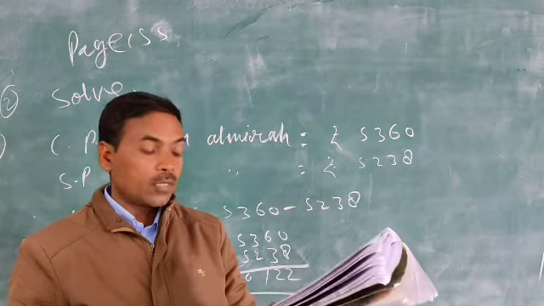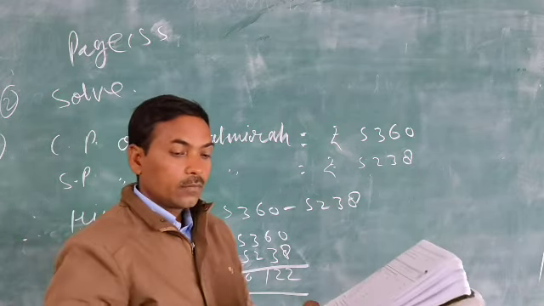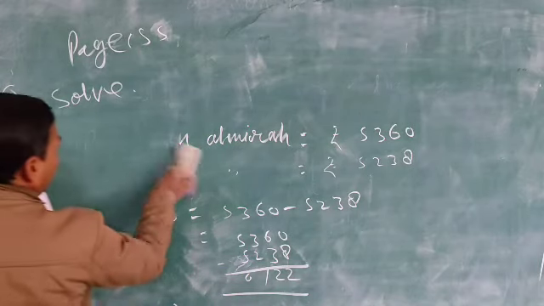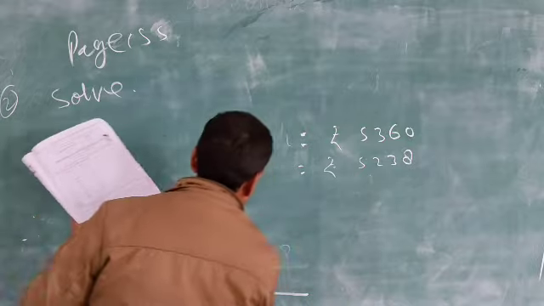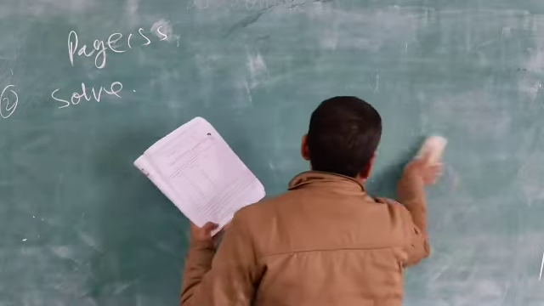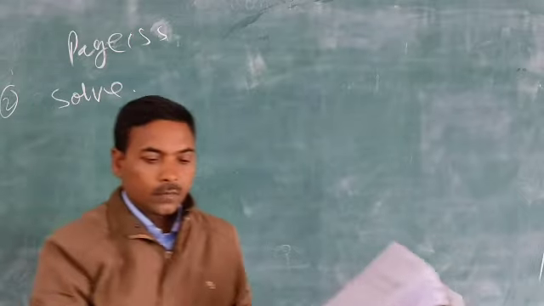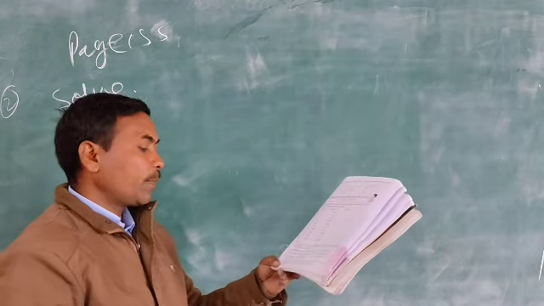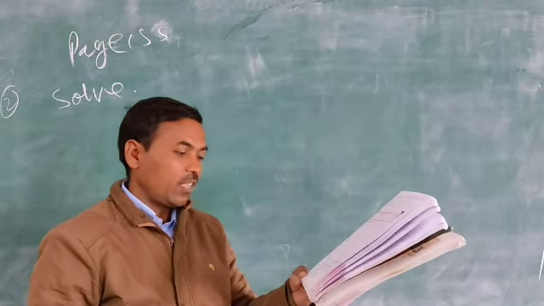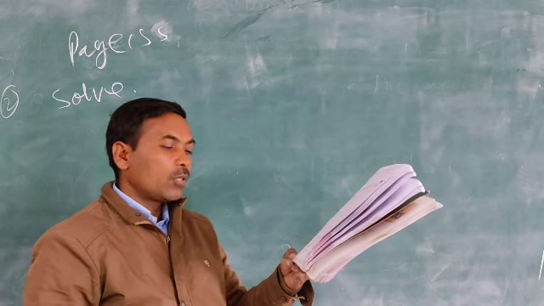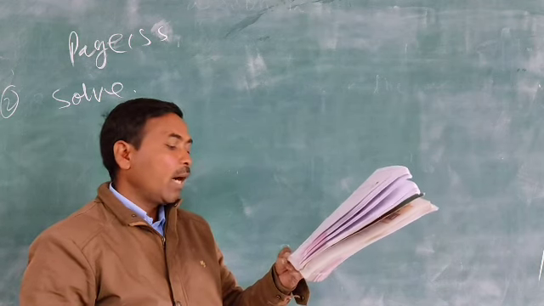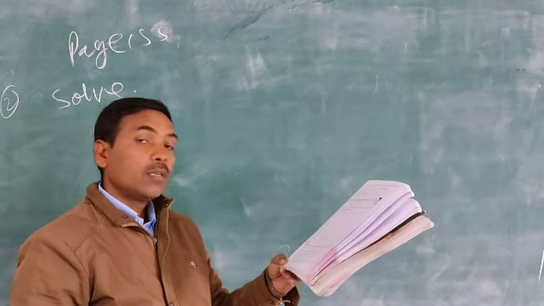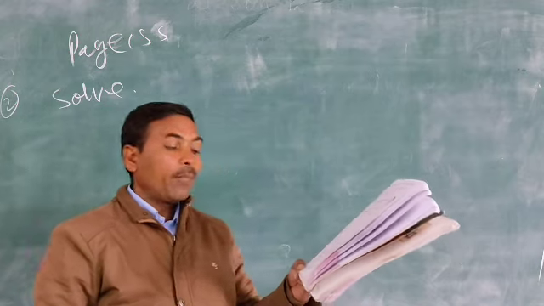And here I would like to discuss the last one, the fifth one. Now come on, children, to the fifth one. A shopkeeper bought 5 fans for rupees 1,250 each. He sold 3 fans for rupees 375 each and the remaining 2 fans for 400 each. Find his profit or loss.